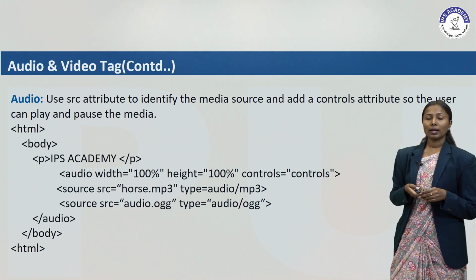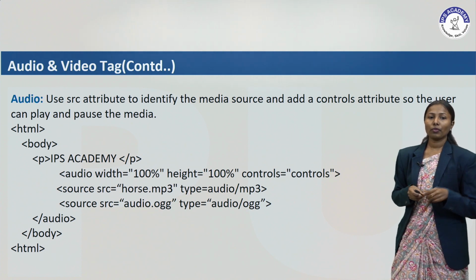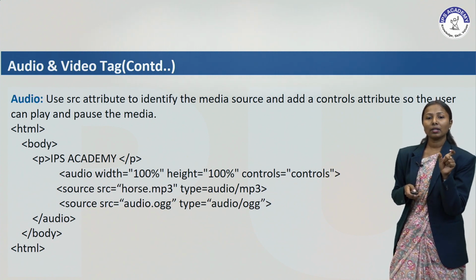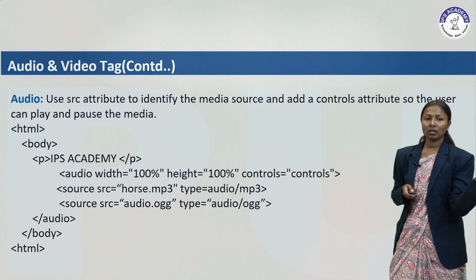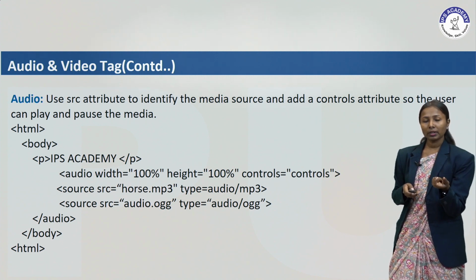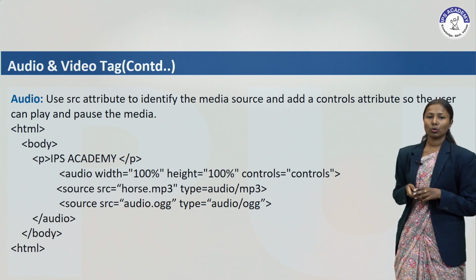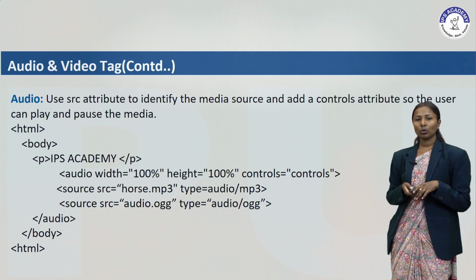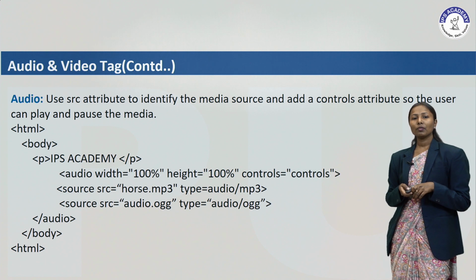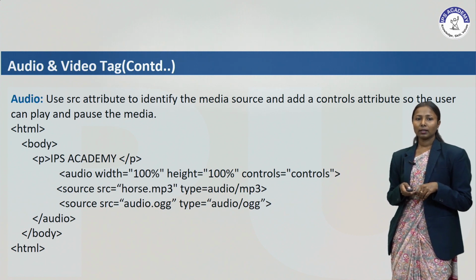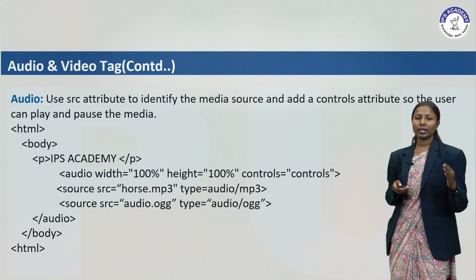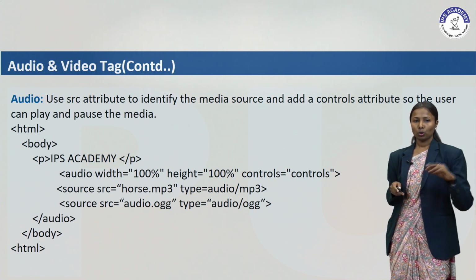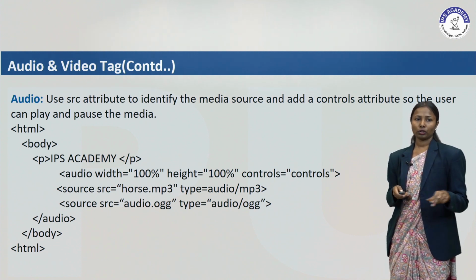Fine. So inside this I am writing source, meaning from where your audio will appear. So I am writing host.mp3, so this is my mp3 file which is stored in my system. So I am writing host.mp3 and type is equal to audio, and after that I am closing the tag. And another audio I am inserting here, audio.ogg. Okay, so this example shows you the audio tag supporting two formats, one is MP3 and another one is OGG. Okay, so here I am writing two different types of file format for the audio.